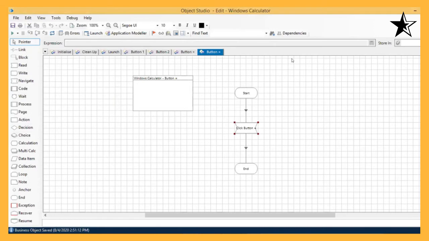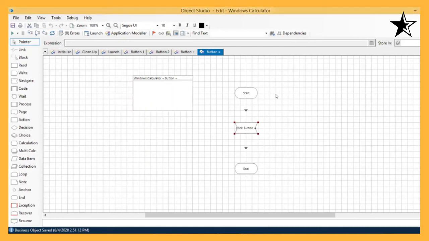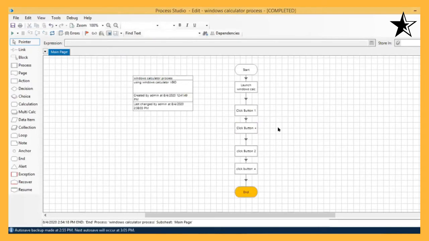As we can see, there are 28 buttons in total. So I need to create all these pages for each separate button which I want to press, and correspondingly in the Process Studio I need to change the action accordingly. So this is a drawback of this particular system.